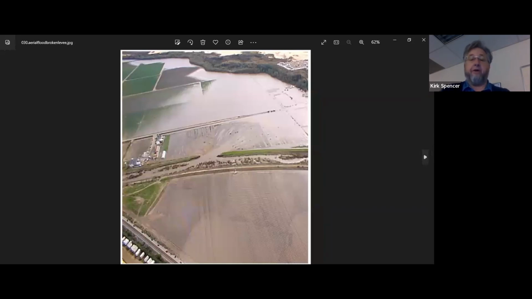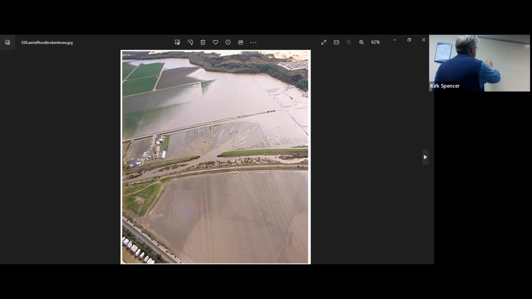All right, there's another feature of stream flow that you need to be familiar with, and it's called levee formation. You may have heard the term levees. Most of the time, when you hear a reference to levees today, it's talking about man-made levees, but nature also makes levees. All right, so if this is the channel,